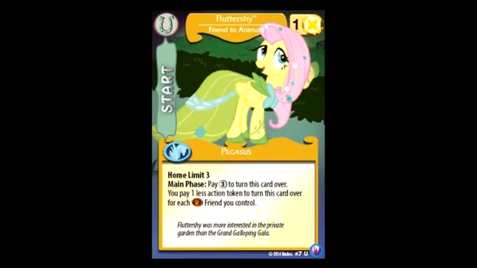In order to flip her, you need to pay 3 action points, but every action point can be lowered by having a critter in play, so if you have 3 critters in play, you can actually flip her for free. This makes Critter Rush a thing because you can run a whole bunch of critters, and as soon as you get 3 on the board, flip her for free and then pay 1, move her to one of the problems that you've already played a critter at, and everything is good times,